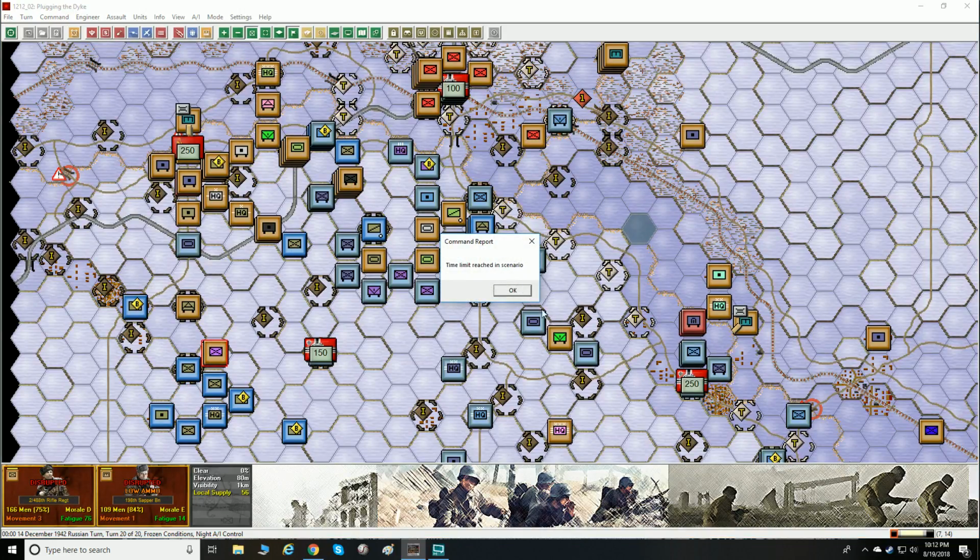Alright, so that is the end of the time reached in this scenario. Says draw, but I don't understand how we keep losing objective points. We didn't lose objectives, so there must be some crazy rule with this scenario, like...